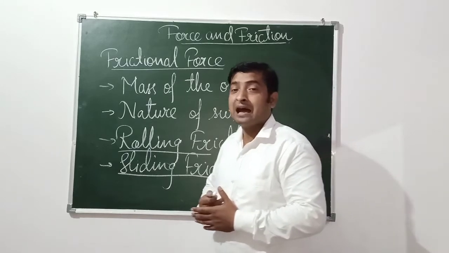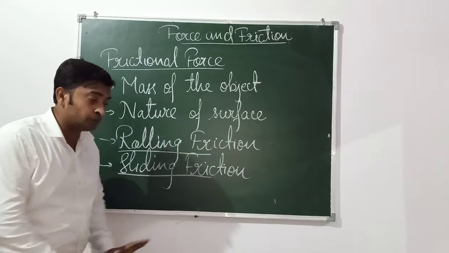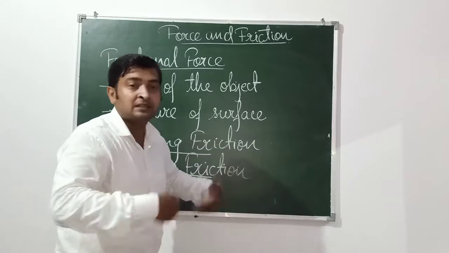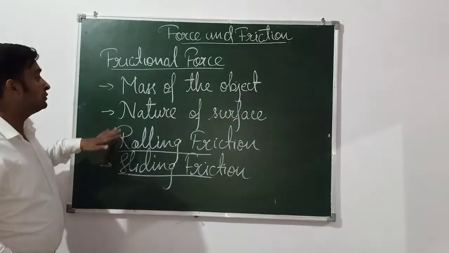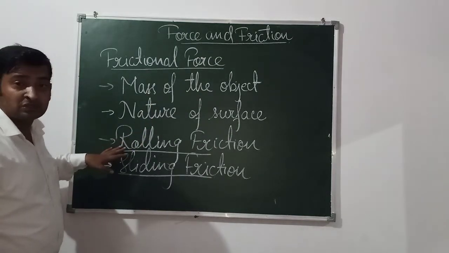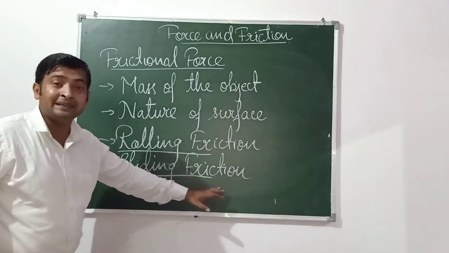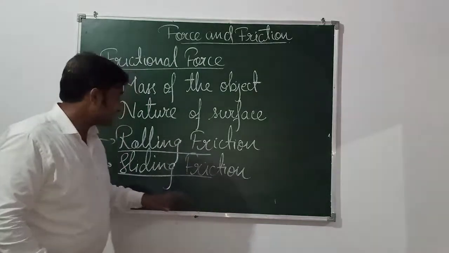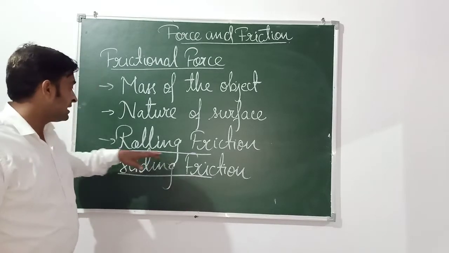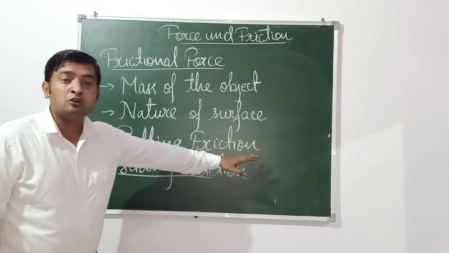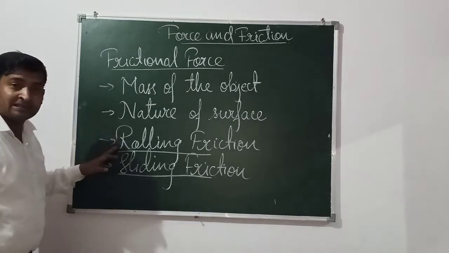Compared to that, if you have a bucket, or you can take a cylinder, in case of a cylinder, you are going to push and the cylinder rolls. This is known as rolling friction. As I told you, it depends on the mass of the object. If the object is very heavy, you can comparatively roll it with less force, but sliding the object by applying force is comparatively difficult. So we have to apply more force in case of sliding friction, and less force in case of rolling friction. Again, try to remember the difference between rolling and sliding friction.